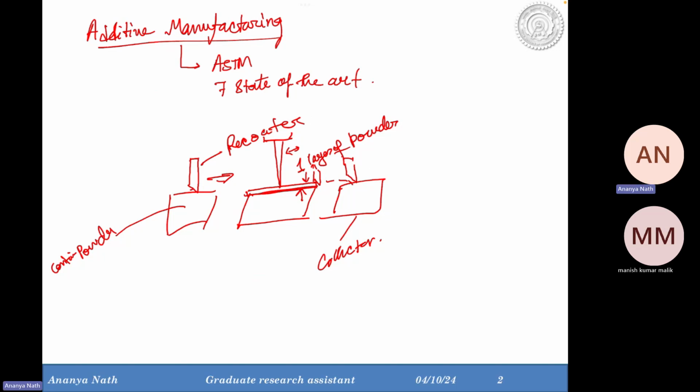So this is the basic state of the art of powder bed fusion. Now here the most critical part is the recoating part, because it's very critical to spread one layer of powder where the layer thickness relies on 30 micron, 20 micron, or 10 micron. So just imagine you're spreading a 20 micron powder layer over a flat metal plate, how difficult it is.